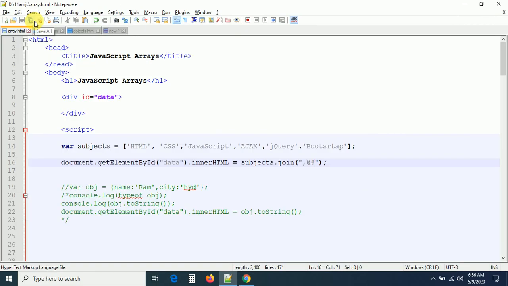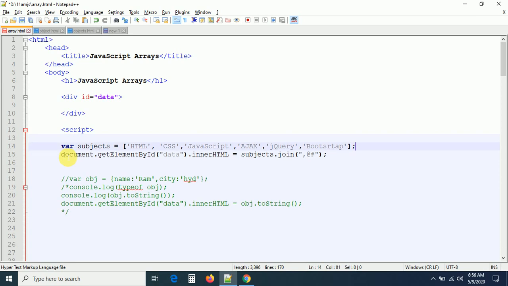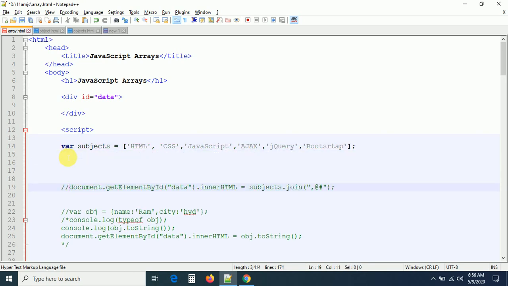So next, we have other methods for adding and removing elements. Those methods we will see in detail. Let us take the same array here. I just want to add an element to an array. How can we add an element to an array? By coming here and keeping a comma, we can add an element, right? No, I'm not talking about this. I want to add an element programmatically, by using a method.